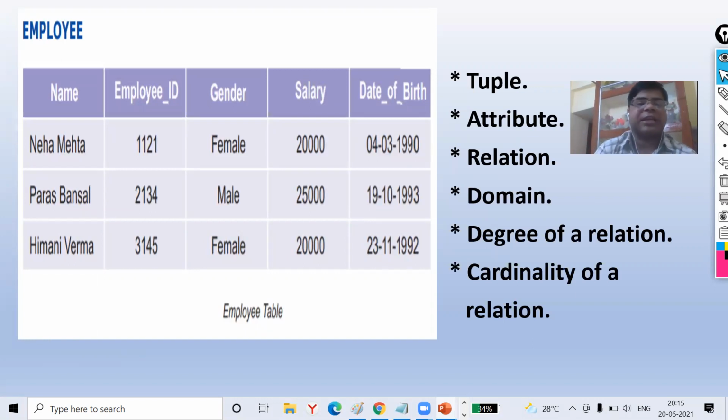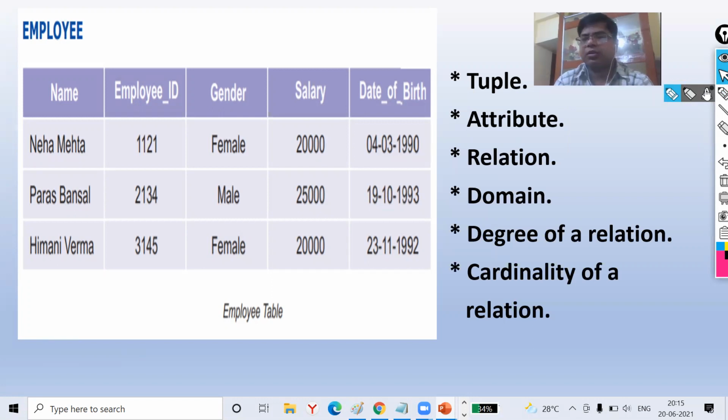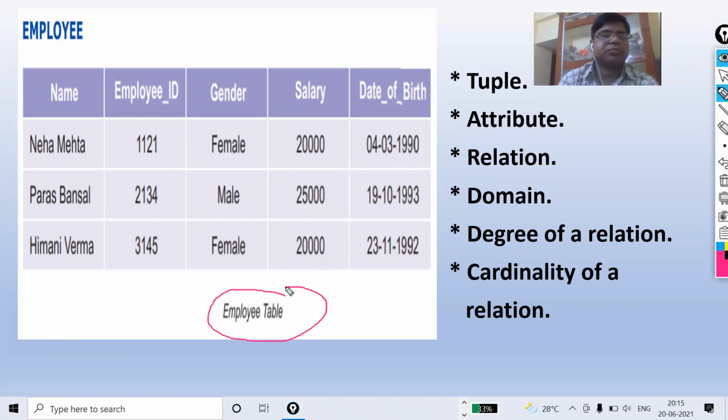Now, you can take an example. Yes, this example I have shown. It is of employee table. Now, each row in this table represents a fact about the particular employee, like Neha Mehta, Paras Bansal, Imani Verma.